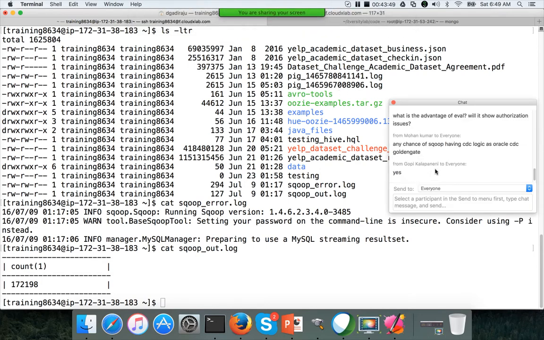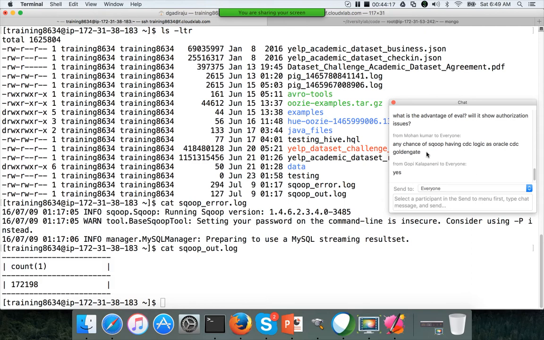Any chance of sqoop having CDC logic, as in Oracle GoldenGate? Very good question. No, sqoop runs by issuing queries on the database and fetching the data, whereas GoldenGate reads data from transaction logs such as redo logs, and you cannot use GoldenGate in tandem with sqoop. GoldenGate can be used in tandem with Flume or Kafka or Hive.